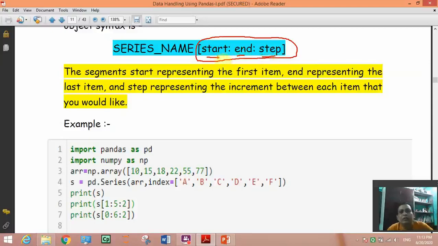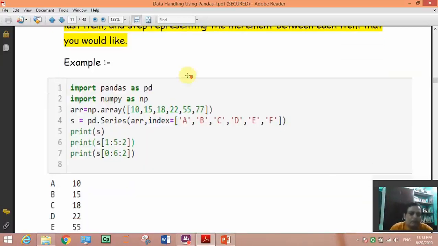Step means gap. What will be the gap between 2 elements? Slicing we have already seen in arrays also.